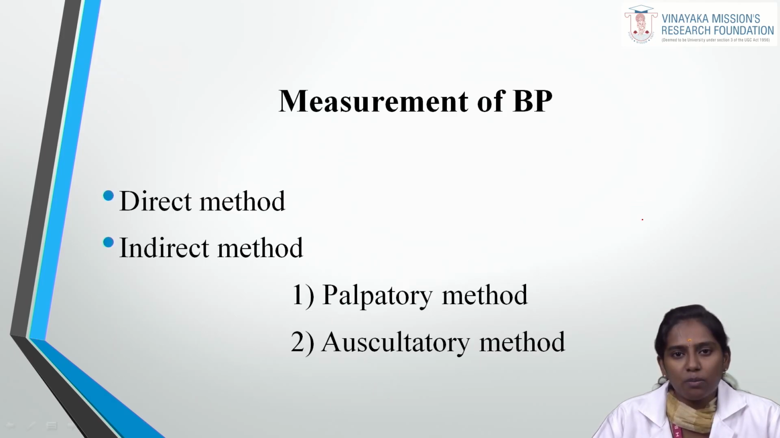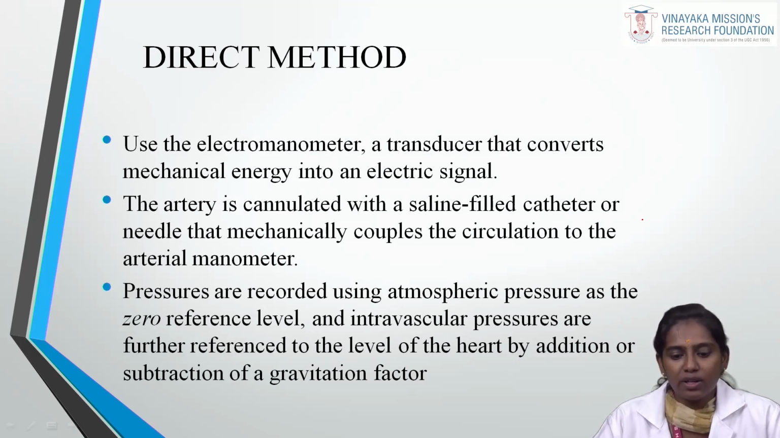Then we will see the measurement of BP. How do you measure BP? There are 2 methods in measuring BP, the direct and the indirect method. What we are using is the indirect method. In the indirect method there are 2 types, the palpatory method and the auscultatory method. In the direct method we use the electromanometer for measuring BP, a transducer that converts mechanical energy